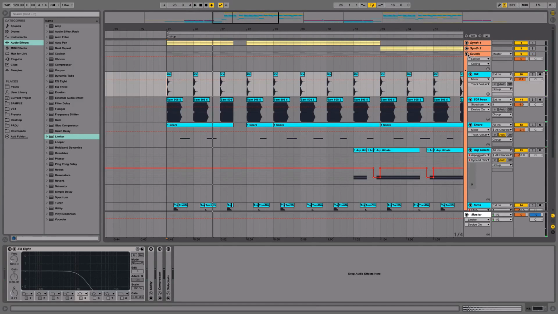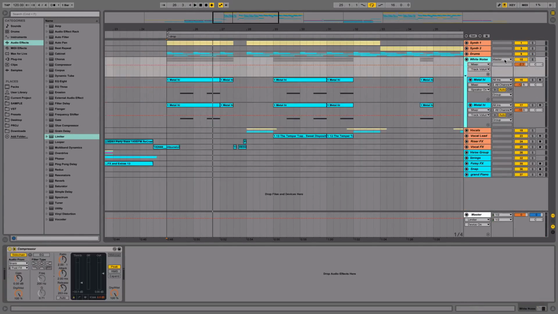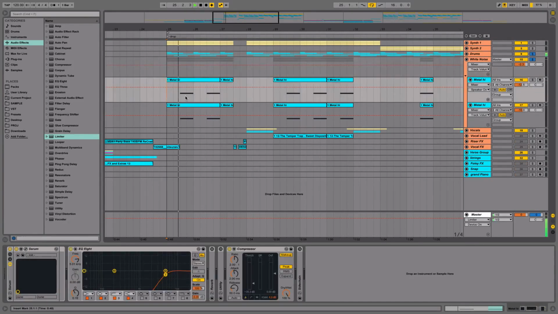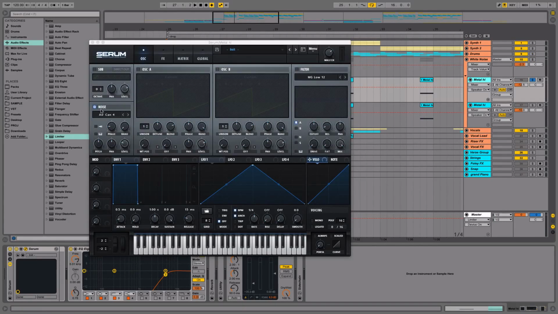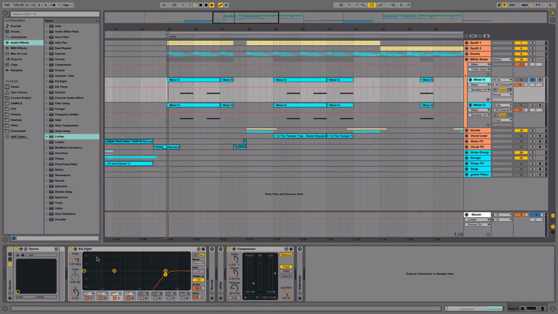The next thing, let's focus on some white noise, because this is a really cool effect. I'll play it to you with the drums. Right, so what is this sound? This is a metal, kind of metallic type of sound. So I inserted a noise oscillator from Serum called AirCan4 and nothing else. I just cut off the low end and then I layered it